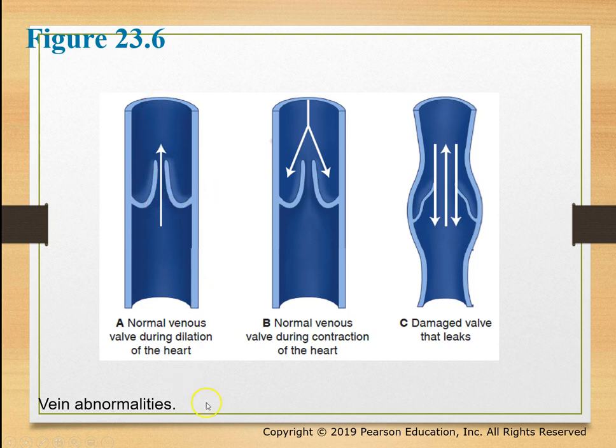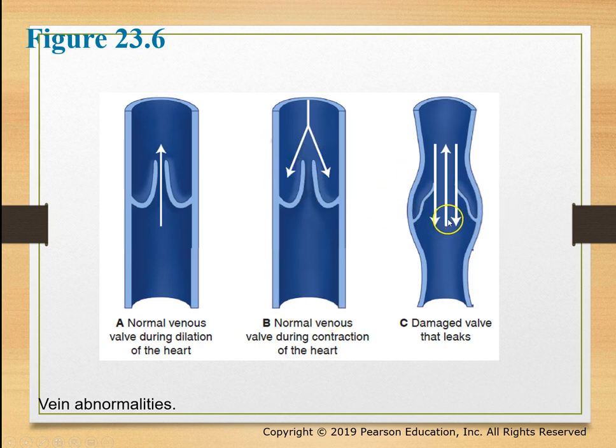So this is what this is showing you here. So normal venous valve during dilation, the blood flow gets through here, and then when it contracts again, this will cause this valve to close, so that the blood can't flow back. Okay, so you can see that the blood doesn't leak back. Sorry, just to continue there, right? So normally, again, the blood and skeletal muscle will help this. We'll push that blood past the valve. The valve will essentially close, and then that blood cannot flow backwards.